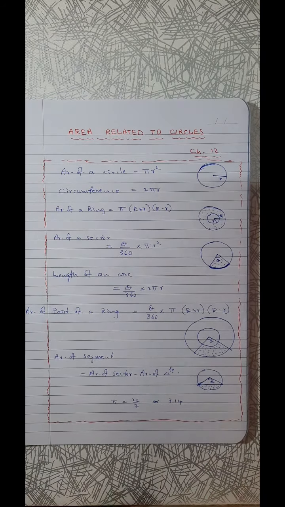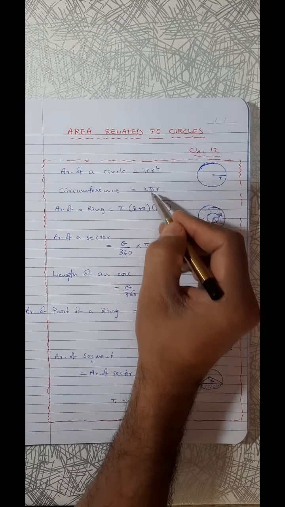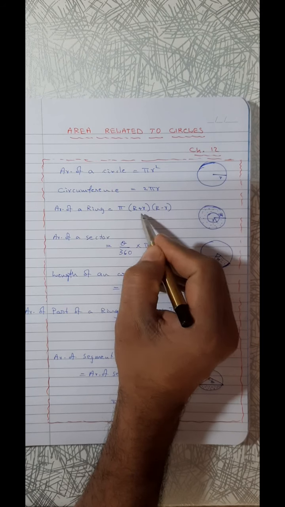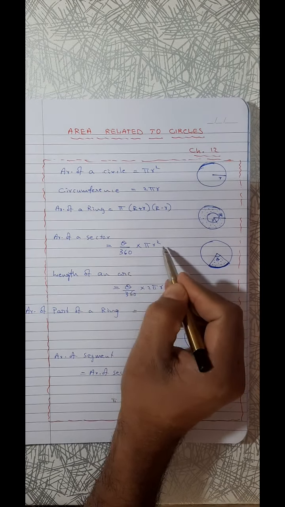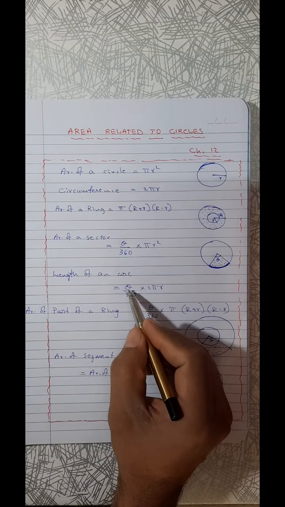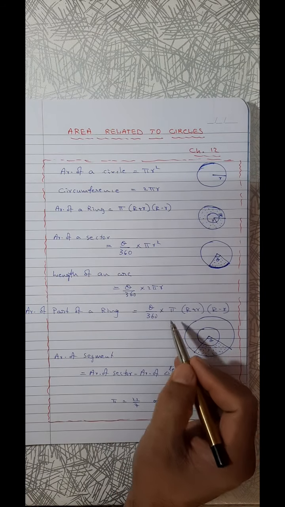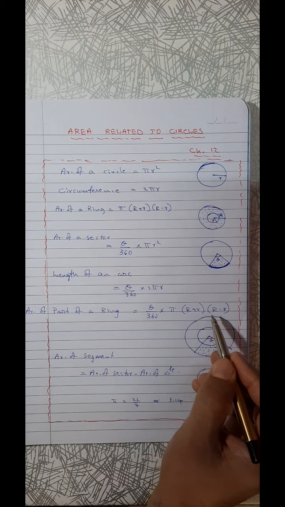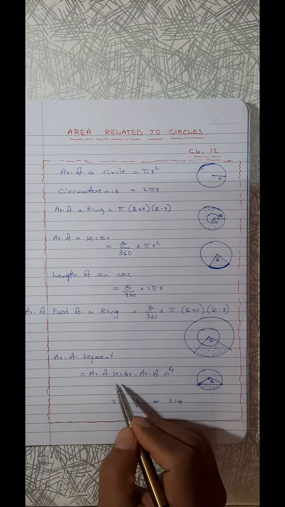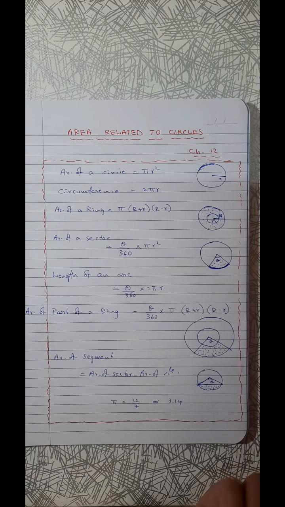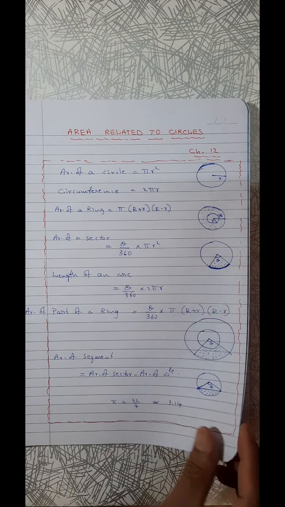This much for learning by heart, but nothing new, isn't it? Simply applying that logic. This is old one, this old one, this also old one. Pi into (R plus r) into (R minus r). Now, total area pi r square, so theta by 360 into pi r square. And total length 2 pi r, so theta by 360 into 2 pi r. Then that concept for ring also. Segment needed means a sector minus triangle, that only. So, nothing new. Applying the formula properly, that only we have to do for the entire chapter.